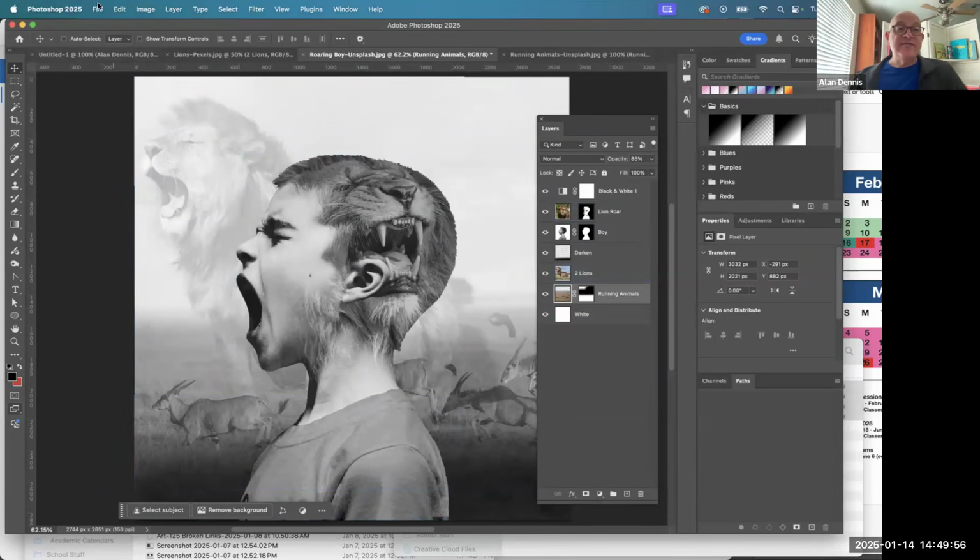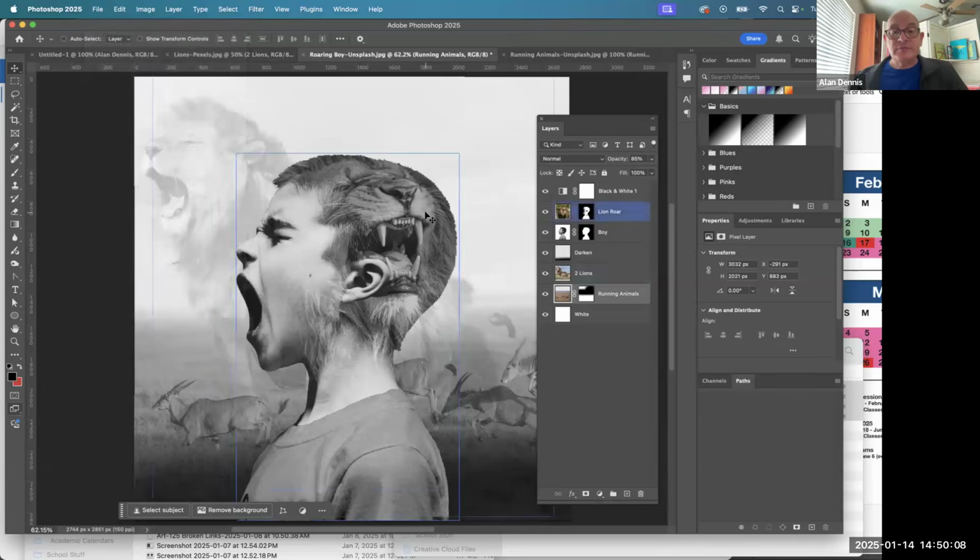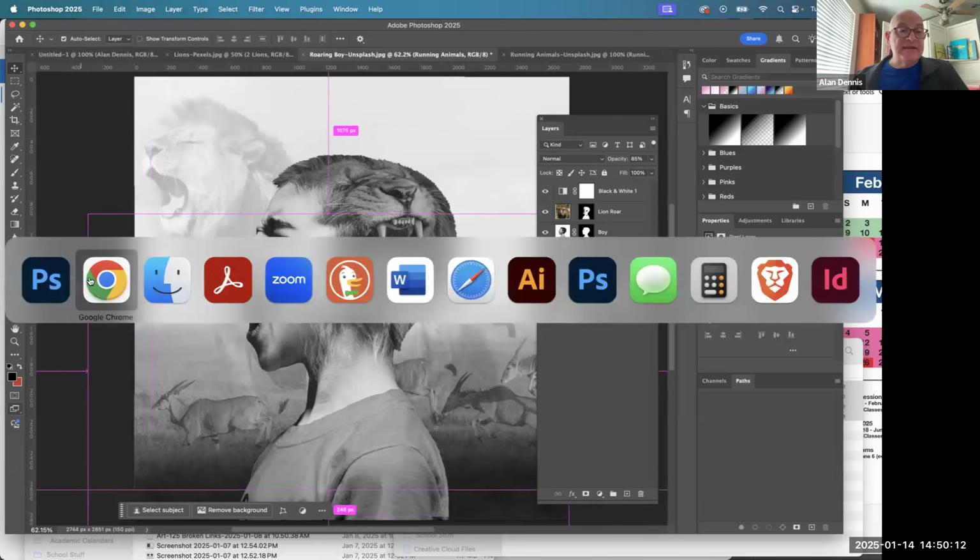Then all you do, save that, do file, save, and then you have your layered file, because maybe you'll want to come in and adjust that later. But once it's saved, then you're going to do file, save a copy, and you're going to make that a JPEG. Okay, that's it for that assignment. Again, I don't usually do the whole demo on that one, but